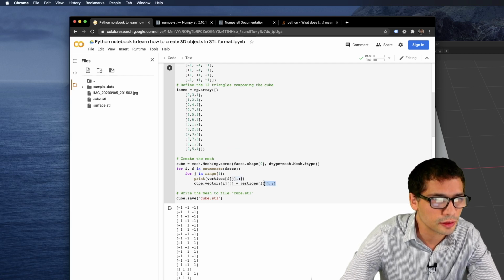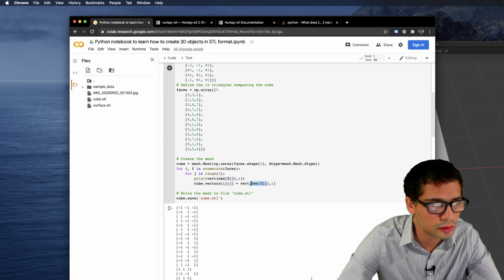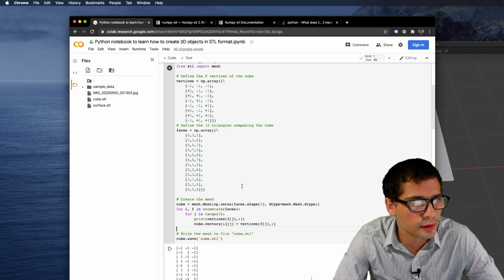Right, so here, this is basically saying, give me all the elements inside here. But this is a single dimensional array, I think. Oh, 3-dimensional array.